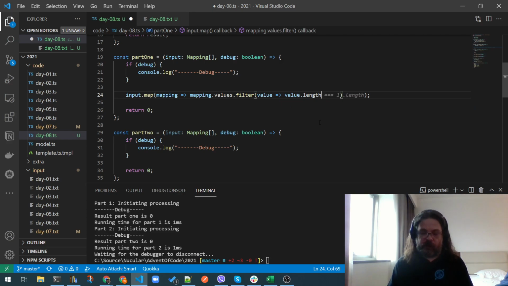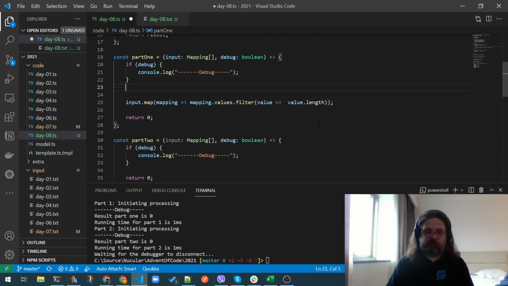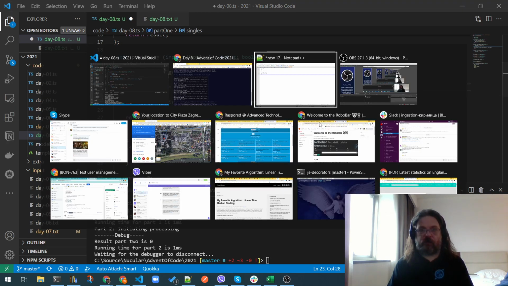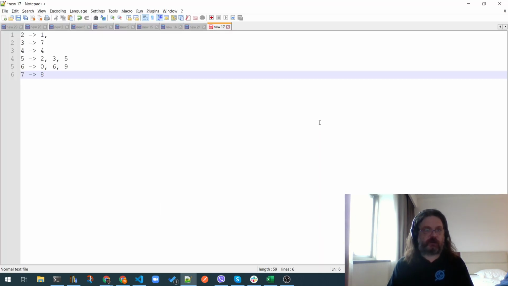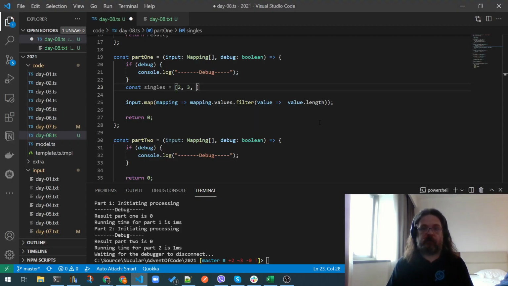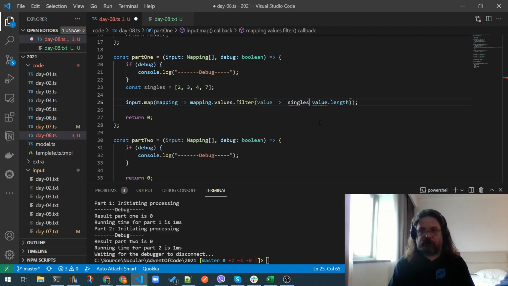If the length of the value is 2 or 3 or 4 or 7. Yes. So if the length of the value is included in the singles array,